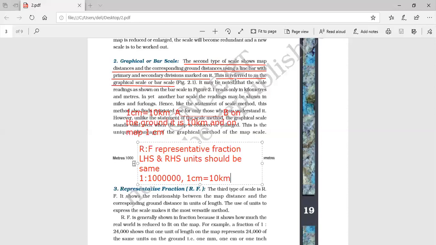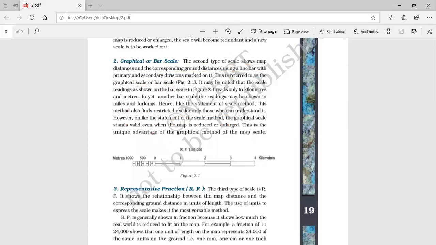Though we have done the quick review, this is a scale where we make a graph using two types of measurements or divisions. On one side, as you can see here, we have shown kilometer and its minor unit is meter. Okay, so let's learn how to make this. To make this, we have to check the question, what is given in the question. Normally you'll get: show the distances in kilometer and meter.